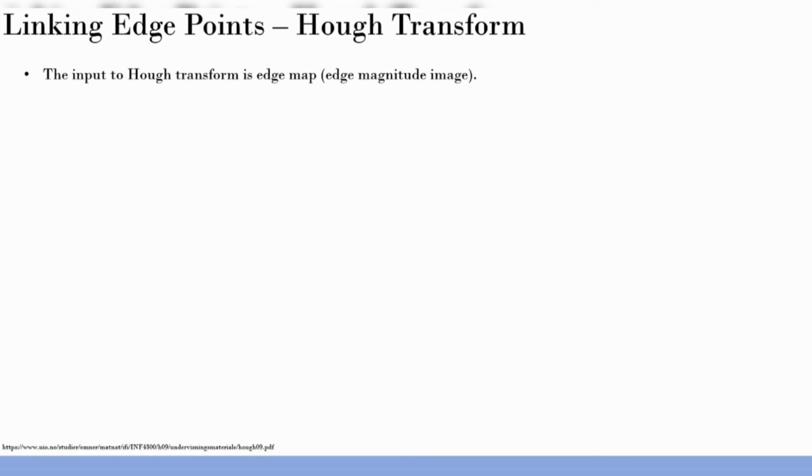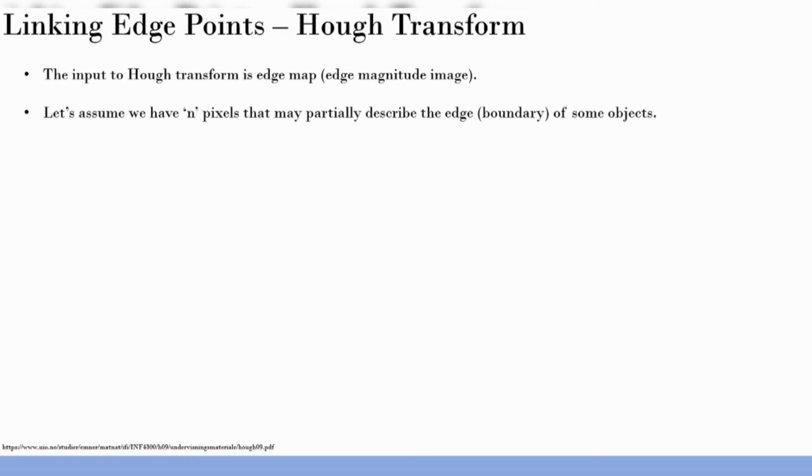Okay, so very important: you can't really give an image as an input to the Hough transform. The input has to be an edge map. It should be a binary map where, as we said, 255 or 1 denotes the edges and 0 denotes the background, right? So you have to apply an edge detection algorithm, and the output of that you can give to the Hough transform. Some people, even after learning all this, directly give the image as input. It won't work, because so many false positives are there. So you have to reduce that.